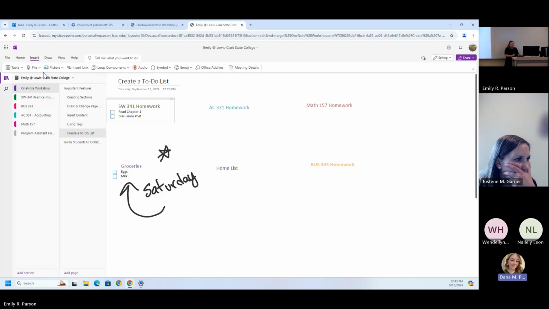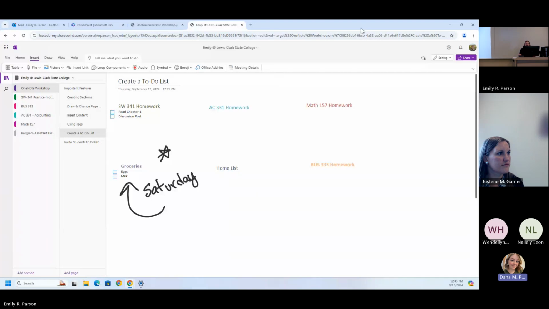Yeah. So the question was, can we link calendars? Can we link Canvas for assignments? And can we link contact lists into OneNote? The answer is yes. What I would recommend is with your Canvas, and I'll cover this next week in the Outlook presentation, there is a way to import your Canvas calendar directly into your Outlook calendar so you're not switching between the different applications, where you can see all of your assignments,